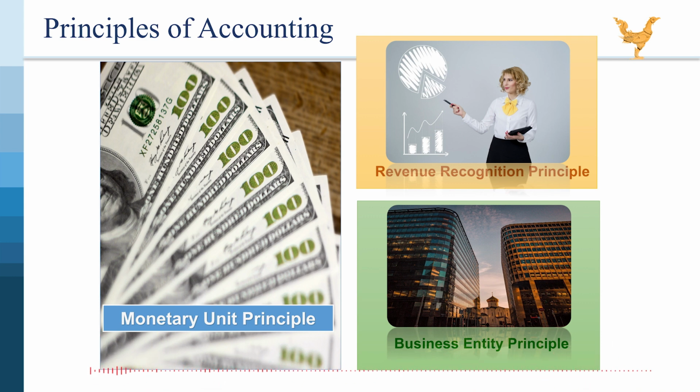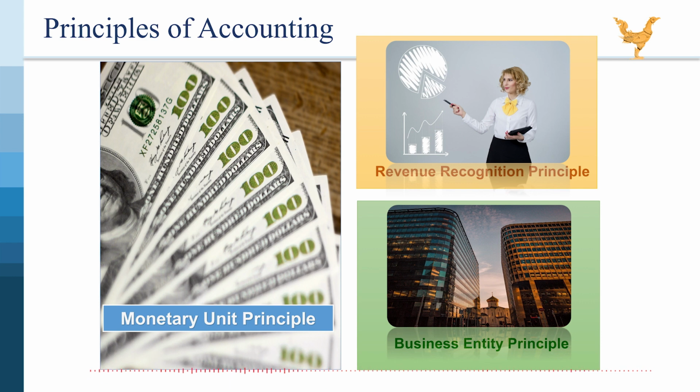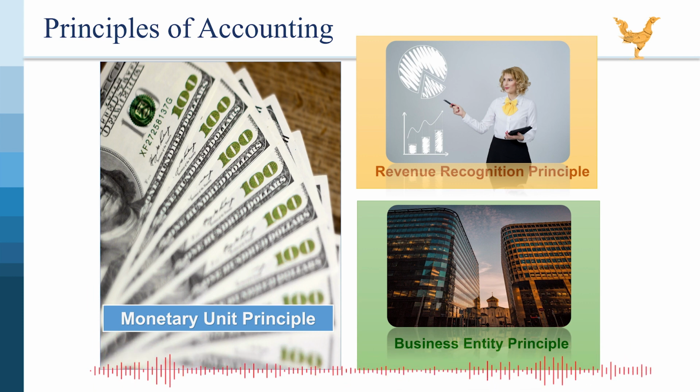3. Business entity principle. What it means. This principle emphasizes that a business is a separate entity from its owners and any other businesses. The business's financial transactions should be kept completely distinct from the personal transactions of its owner. Why it's important. This separation is crucial for accurately assessing the financial performance of the business. It prevents the commingling of personal and business assets and liabilities, which could lead to a distorted view of the business's true financial position. Example: if a business owner takes money from the company's cash register for personal use, this needs to be recorded as a withdrawal or loan, not as a business expense. This ensures the business's financial records accurately reflect its own transactions.